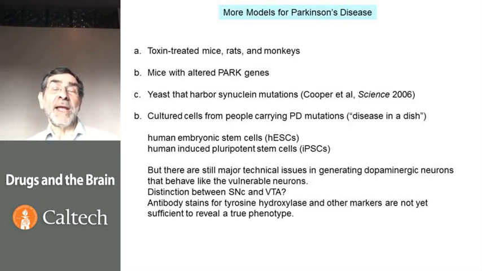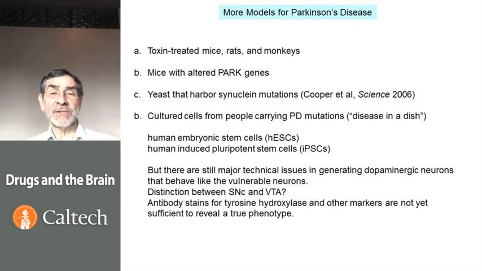What is required are a number of growth factors in the cell culture medium, and these are maintained for at least a month. And neurons then begin to show some characteristics that suggest that they are dopaminergic. Of course, what you would really like to do is to distinguish between neurons that look as though they are substantia nigra pars compacta, the vulnerable ones, versus the ventral tegmental area, the non-vulnerable ones. Experiments of this sort are just beginning based on markers, genes that are expressed by one or the other of